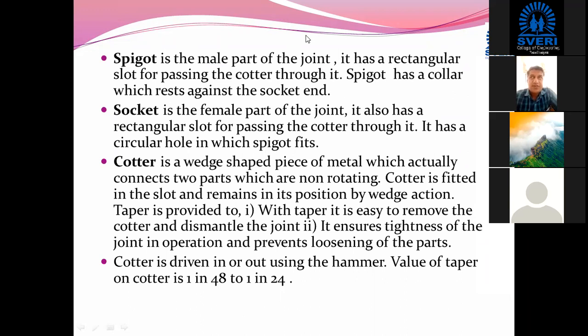First of all, we'll say what the spigot is. It is the part which is used at the socket end. And the socket is nothing but the part inside which the spigot is inserted. And the quarter is nothing but the component resisting the pulling, which has been inserted inside the cavity which has been provided for that quarter. Okay.